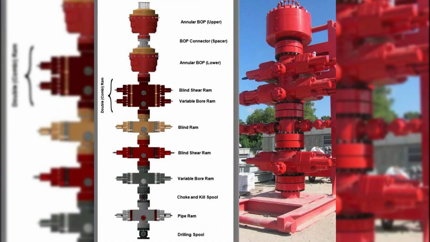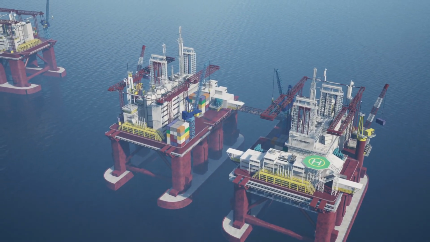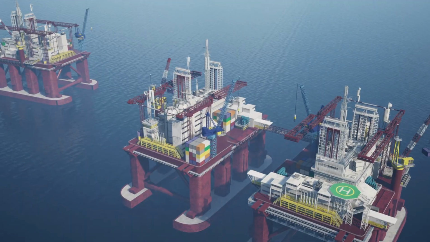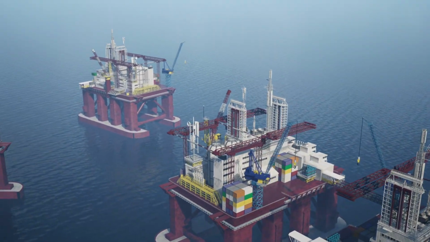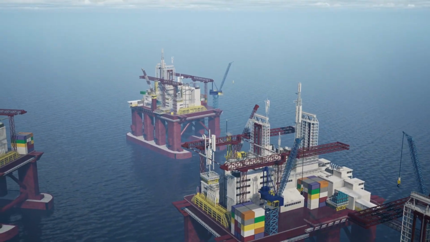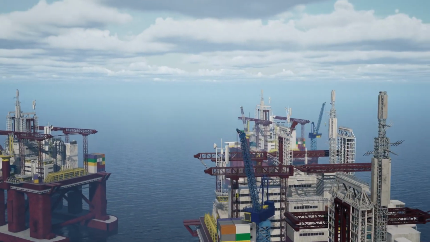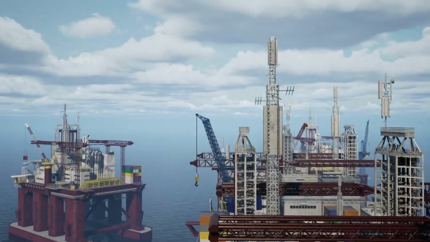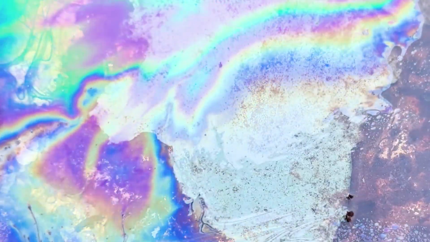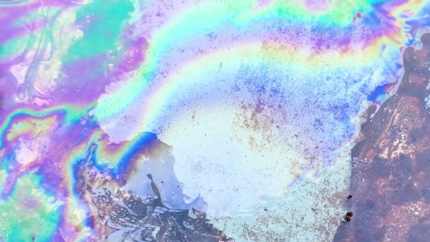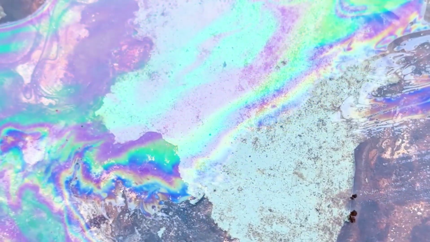In addition to conventional reservoirs, modern oil production increasingly involves unconventional sources, such as shale formations, where oil is trapped in low permeability rock and cannot flow naturally, requiring techniques like hydraulic fracturing, where high-pressure fluid is injected to create fractures in the rock and allow oil to move toward the well. These methods have significantly expanded global oil production, but also raised environmental concerns related to water usage, chemical handling, and